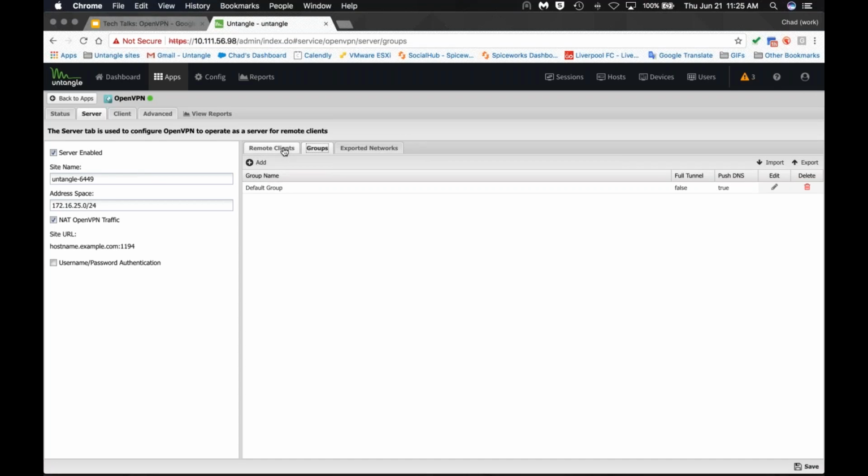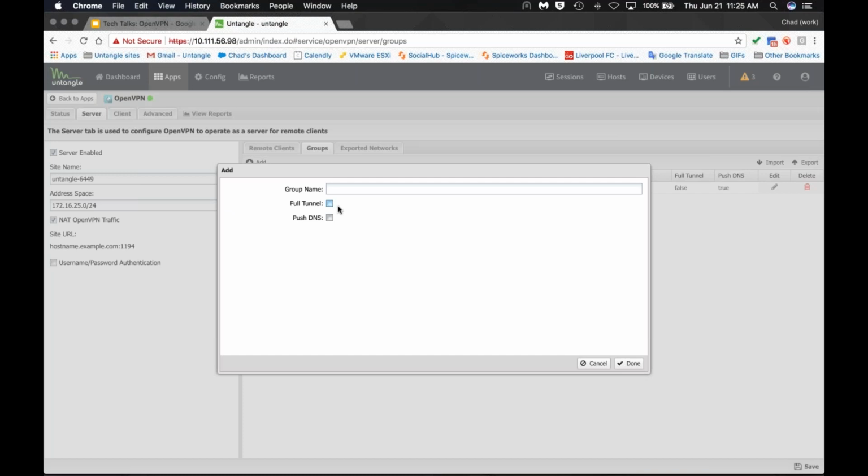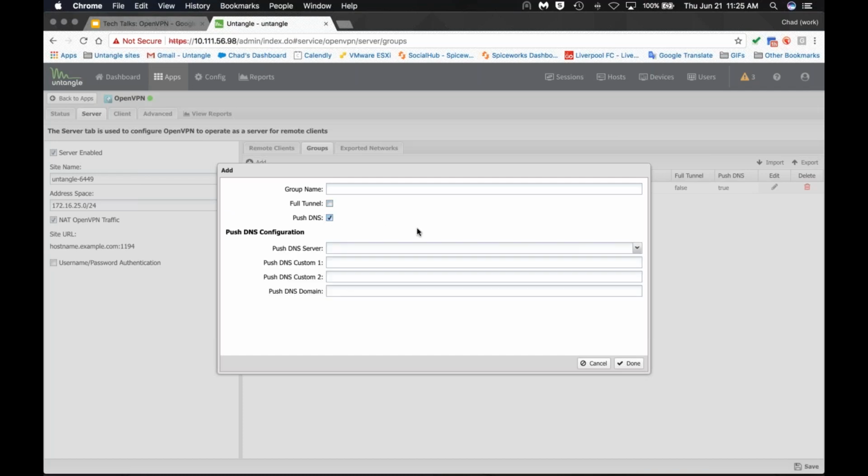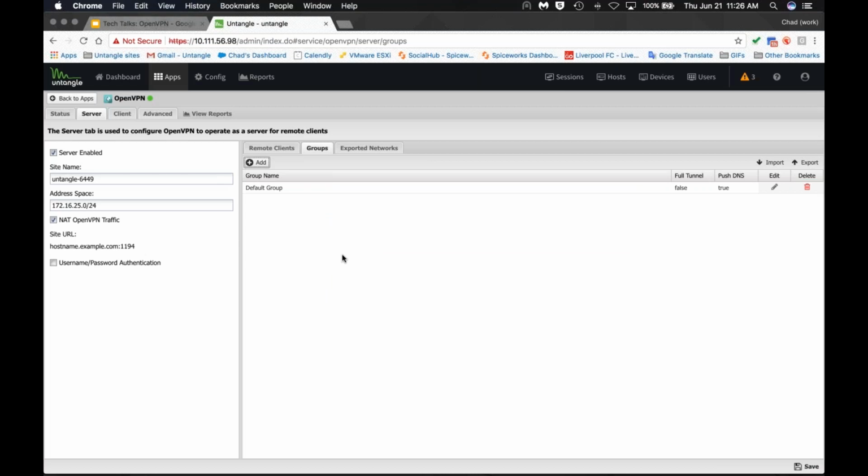And groups, this is where I chose my default group. If I needed, for example, a different group that was full tunnel, if I wanted to push DNS through this connection and Untangle was the gateway device, not a bridge mode, I could possibly do that. I would just choose the actual OpenVPN server, Untangle, that's handing out DNS. So there are a lot of options right there just on the server tab. So over here on the client tab,